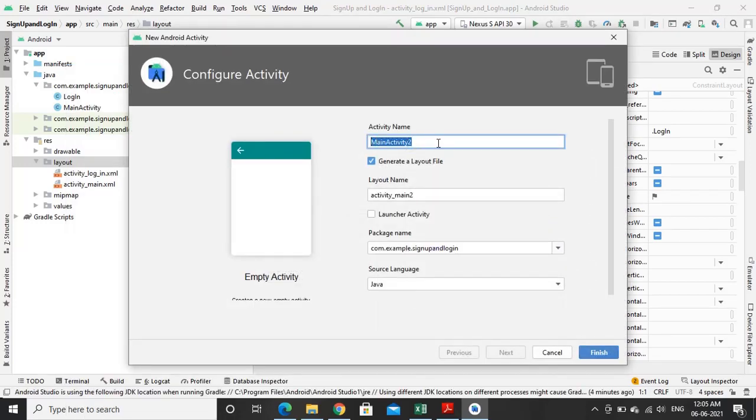In this case, we don't have much design part. We need to display a simple text view which displays successful login. The name of this activity is login success. Click finish.